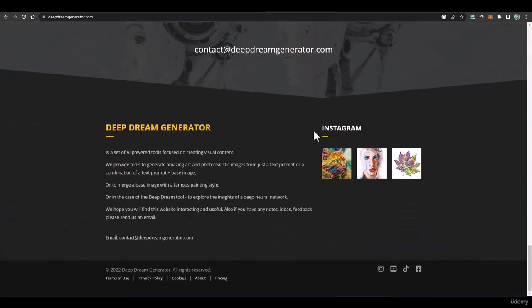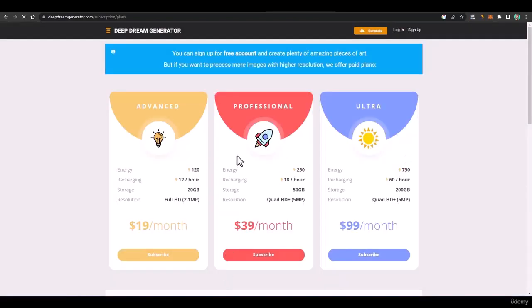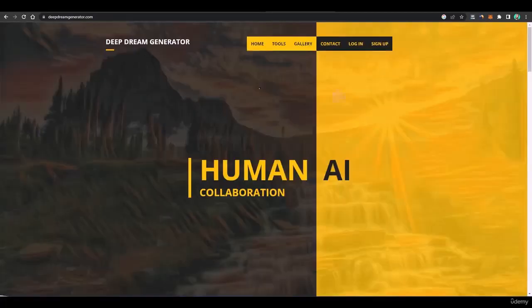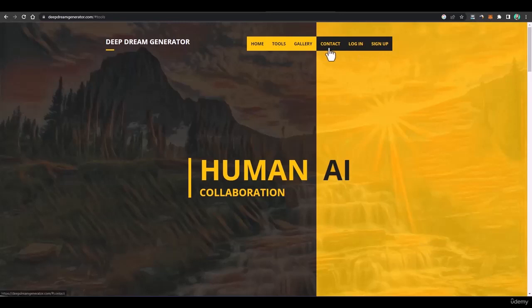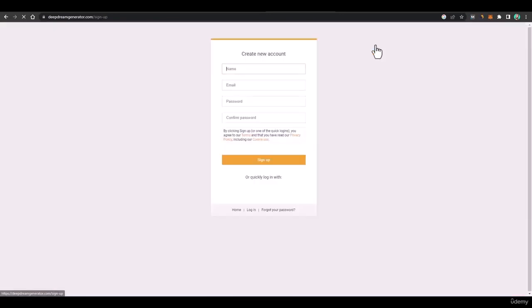Here you also have some information, and then you can go to the pricing section to see their pro pricing. You can also get the free version, but if you need more art, or you want to sell NFTs or art at a huge level, then you will have to subscribe to their premium plan as well. Now we'll get back to the home page. What we'll do is click on sign up, and you can sign up with Google, or you can enter your name, email and password and create a new free account.